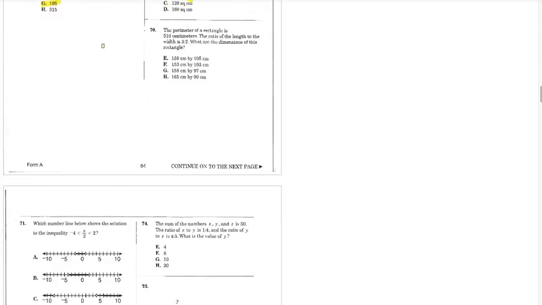Okay, number 70. The perimeter of a rectangle is 510. The ratio is 3 to 2. So we need to find one of these with a ratio of 3 to 2. Let's start on the bottom. 165 to 90. This is what? 270. This is way bigger. That's not it. Alright, let's try